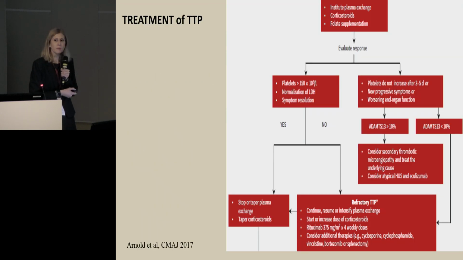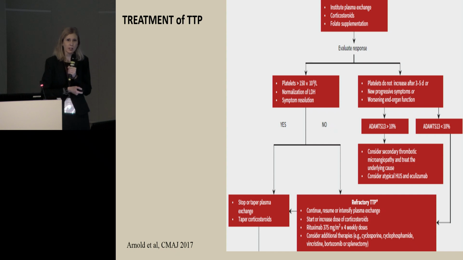After starting plasma exchange, we expect the platelets to start increasing in 3 to 5 days. If they don't increase, then we are in trouble. It means that either we have refractory TTP and we need to supplement our treatment, or it means that we are not on a good diagnosis and we have atypical hemolytic uremic syndrome, and we have to give also another